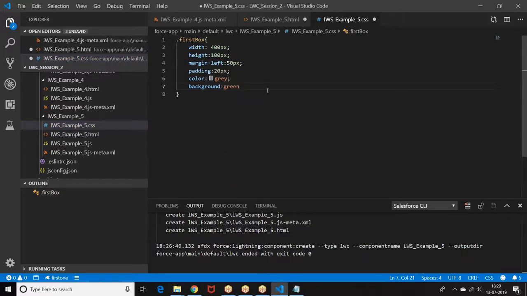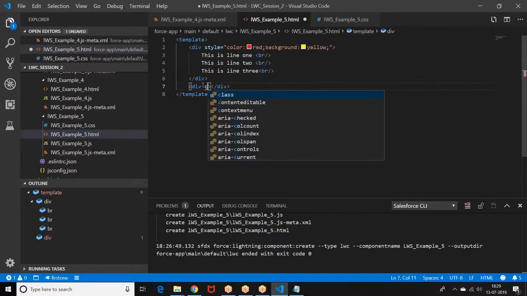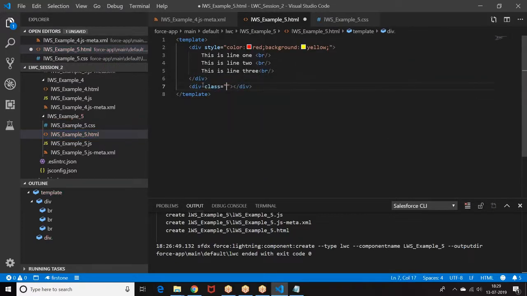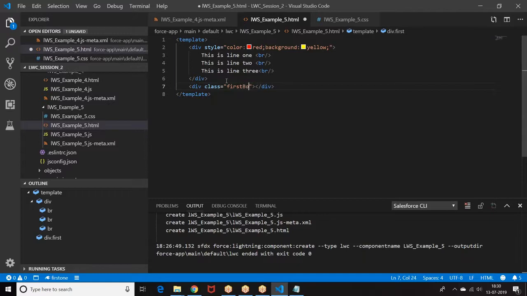I was putting some color. We are applying some CSS. Now I applied a CSS. Now go to the HTML. Then I'm giving class. Right. Class we have first box. First box. Okay. Then